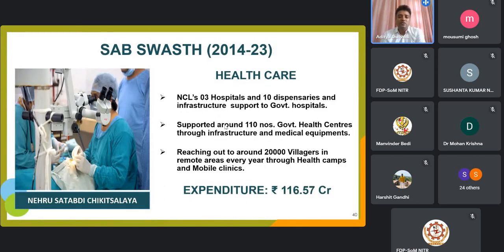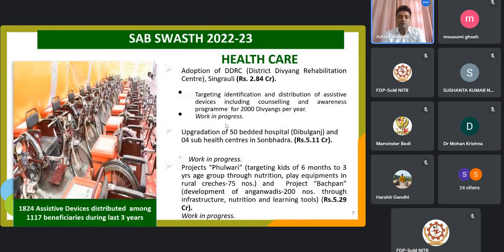Healthcare facilities ensure 3 hospitals and 10 dispensaries, and infrastructure support to government hospitals, supporting around 110 government healthcare centers. So we have distributed these cycles to people with special abilities. Project Fulwari is also important because it targets kids